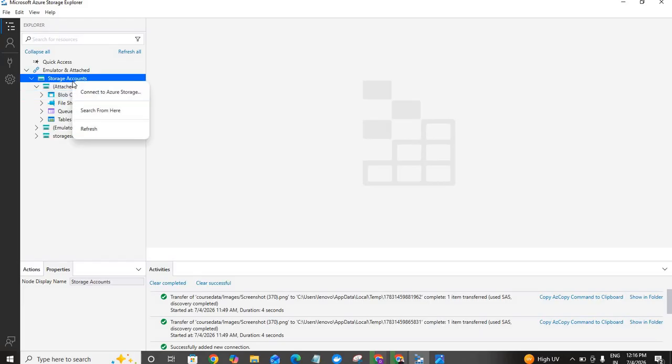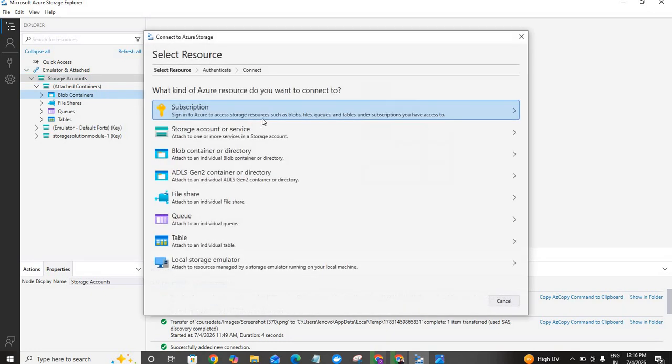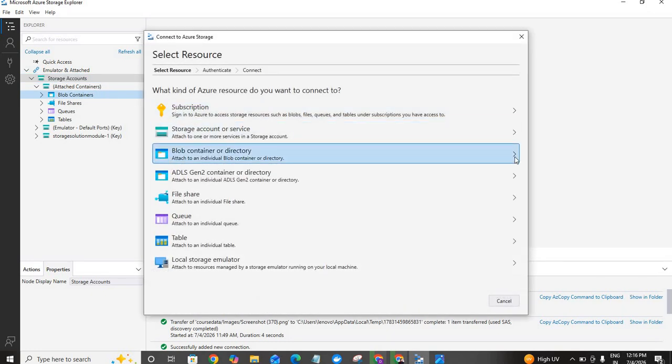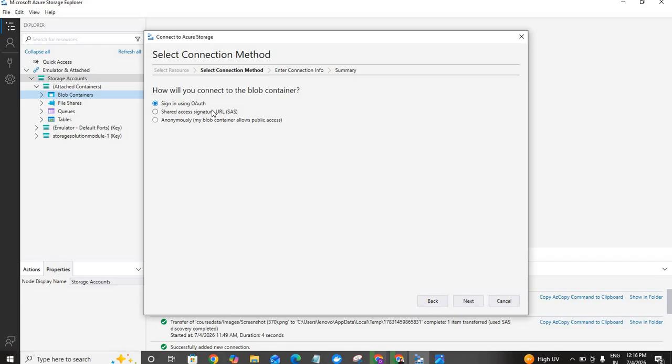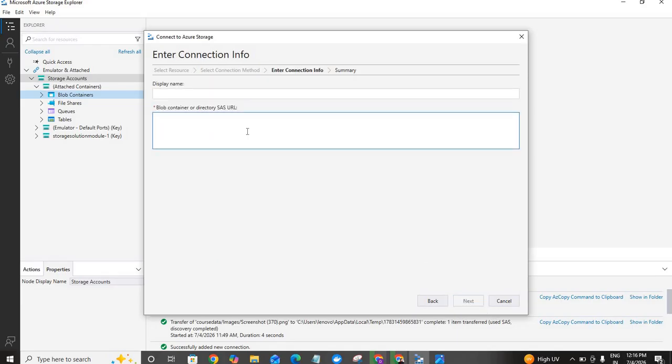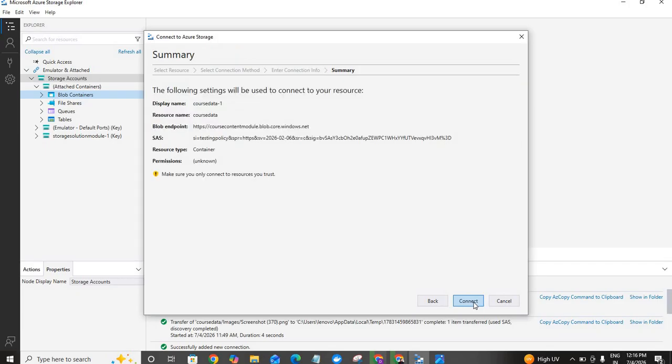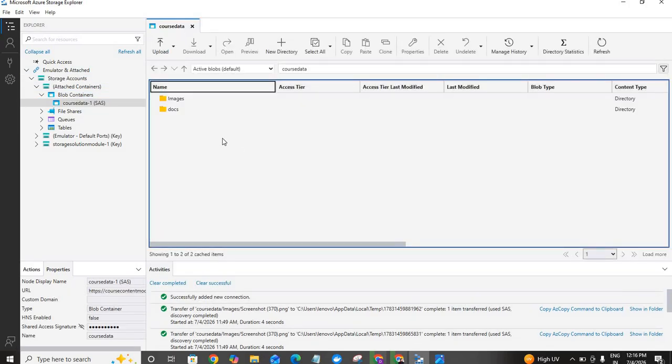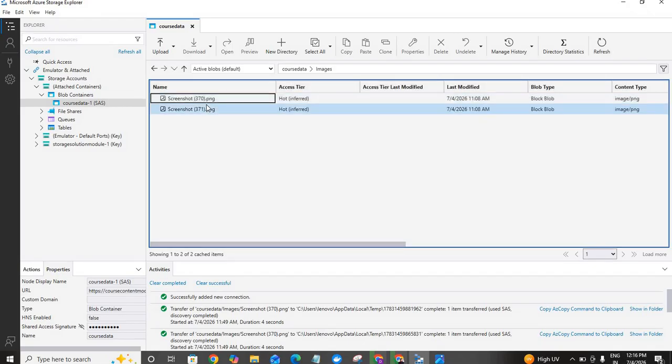So here we will say this, and we need to connect with our container. So SAS, and paste this, then next, connect. Now you are able to see your content, but assume this SAS token has been compromised, and you